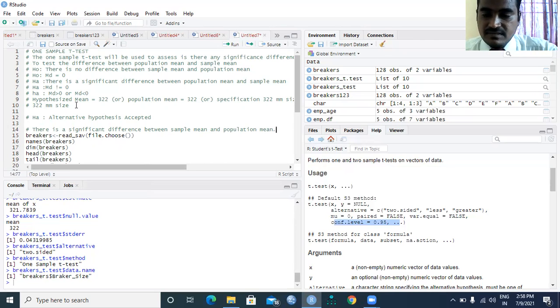There is a significant difference between sample mean and population mean. I hope you understand this session.